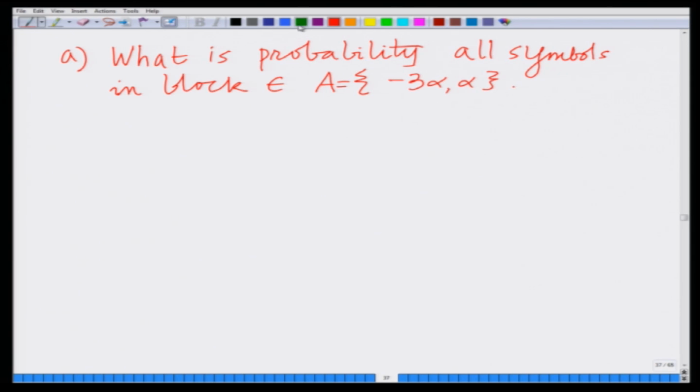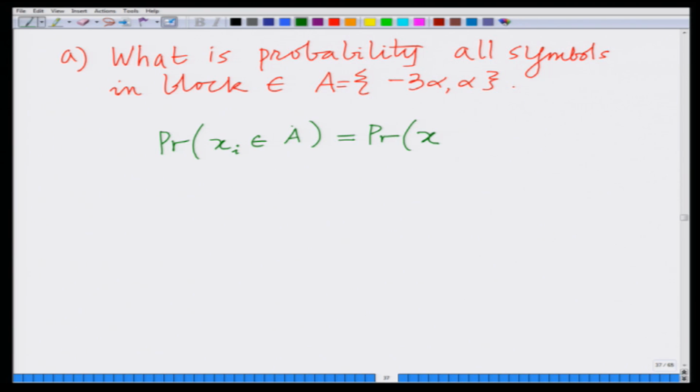And the first question that we are asking is, what is the probability that all of these symbols, that is each of these symbols x1, x2 until x10, belongs to the set A, which is minus 3 alpha comma alpha. That is basically we are asking the question, probability that each xi belongs to the set minus 3 alpha comma alpha. Now let us first compute the probability that a given symbol xi belongs to A,